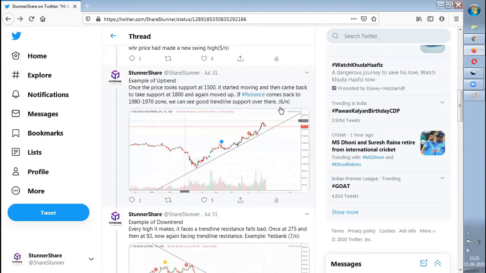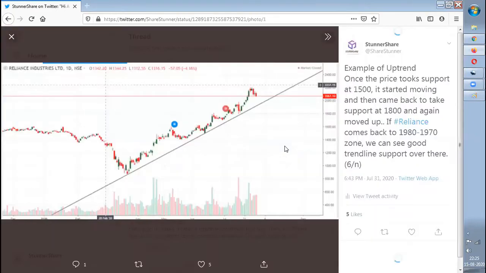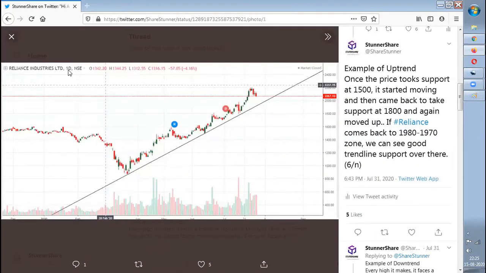So what am I trying to say over here is, this is the Reliance chart, trend line chart. If you could see over this zone, this is the zone where the initial trend line we have connected, and then we have connected over here. Now, by adding these 2 points, we have drawn the trend line. Okay, so whenever the stock goes up and then comes again to this trend line, it tries to take a support over here. The same way, when the stock moved over this point, now we are expecting that the stock may come over here to take a support.